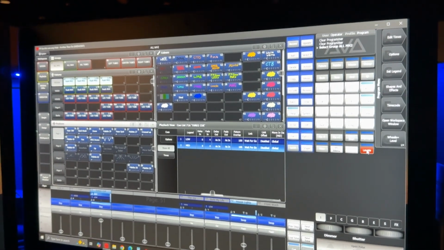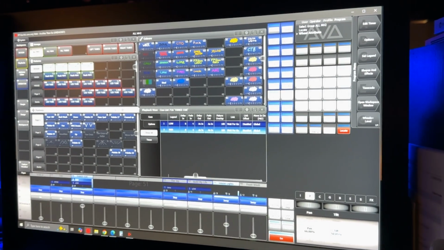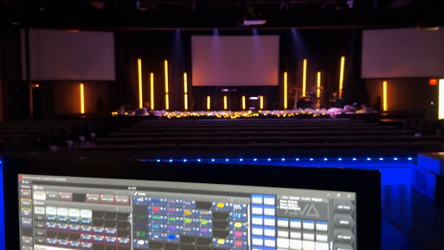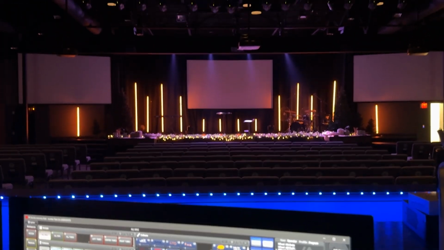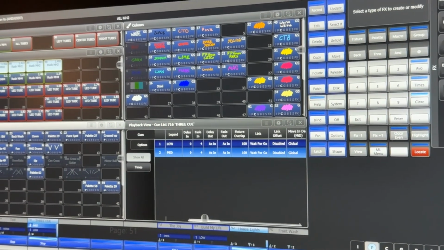So we're gonna locate, we will position them to where they were before. If they are already on, you do not need to locate them. If you are just now turning on a new fixture, you will want to locate them. You'll hit shapes and effects, shape generator,